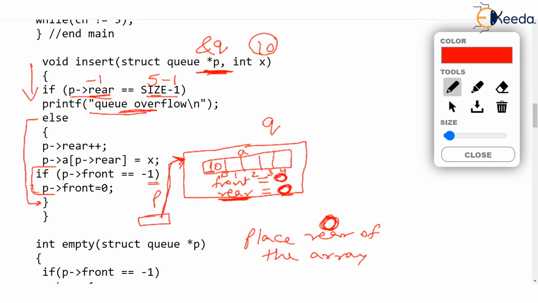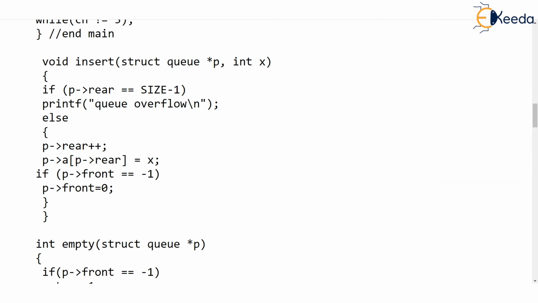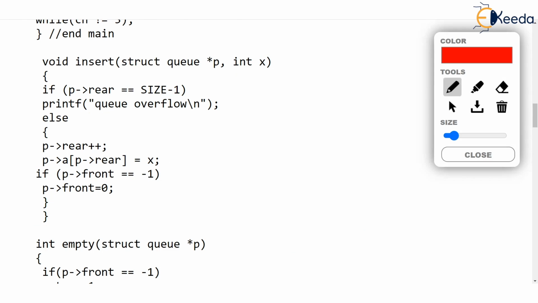Because during the next insertion, when we insert 20, let's say, then P arrow front won't be minus 1 anymore, because we have made front equal to 0, and it will stay 0 till we delete something. That's it. After this if, this is the end of else and end of the function. Let's try to insert a few more values and keep reading this code of insert and try to understand how